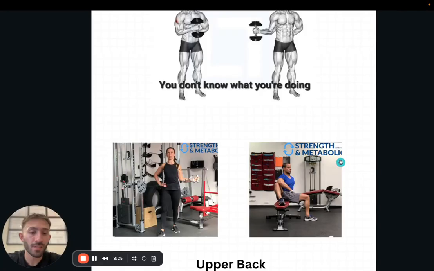Next, another exercise, if you don't want to use or don't have access to a cable, is going to be the dumbbell rotator cuff exercise, but seated on the bench with your elbow on your knee. Unlike this one with the dumbbell, the load is still going down to the ground, but because we're changing our torso and our arm angle, it actually falls in line with the fibers of the rotator cuff.